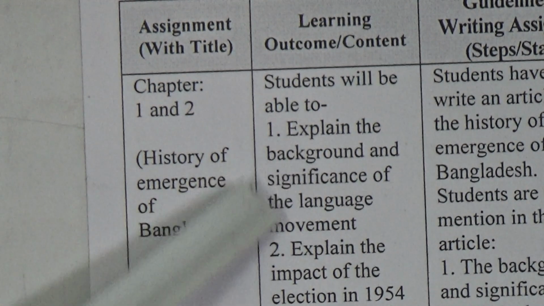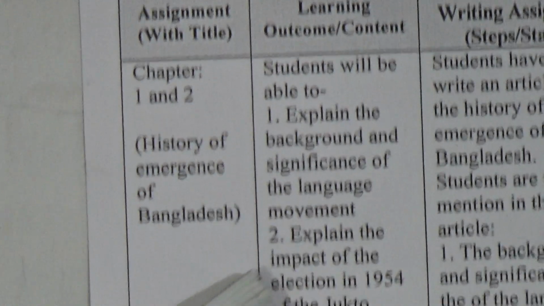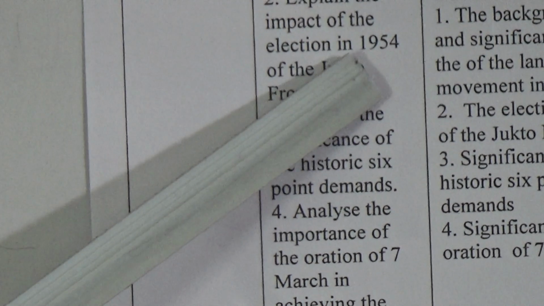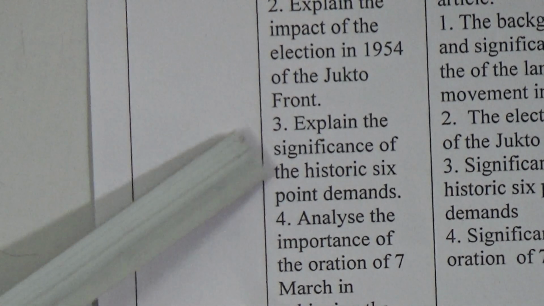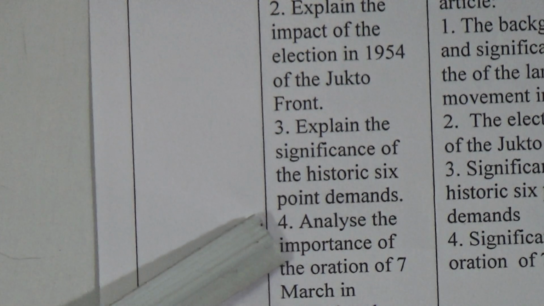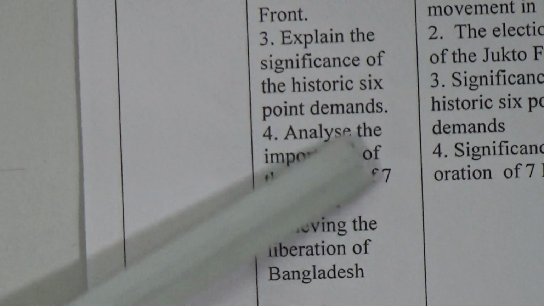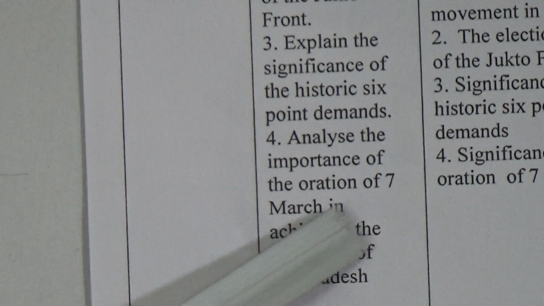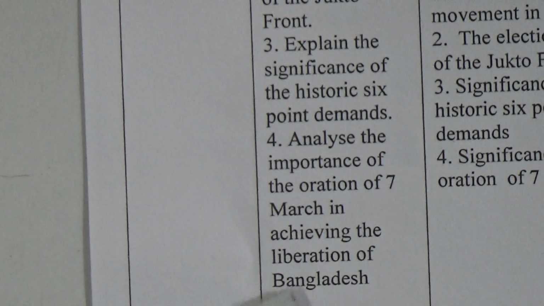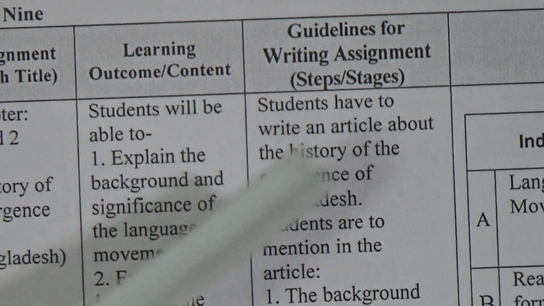You'll be able to explain the background and significance of the language movement, and then you can explain the impact of the election of 1954 of the Yukto Front, then explain the significance of the historic 6-point demands, and finally you will be able to analyze the importance of the oration of 7 March in achieving the liberation of Bangladesh. So the steps or the guidelines for writing the assignment are,